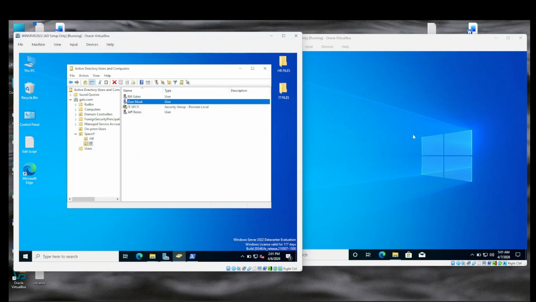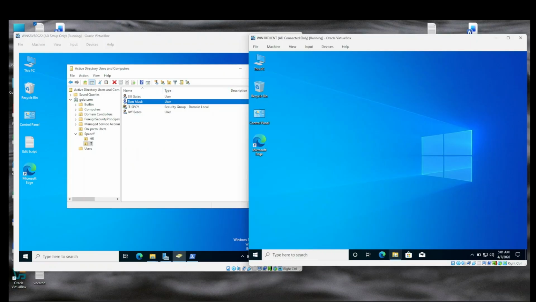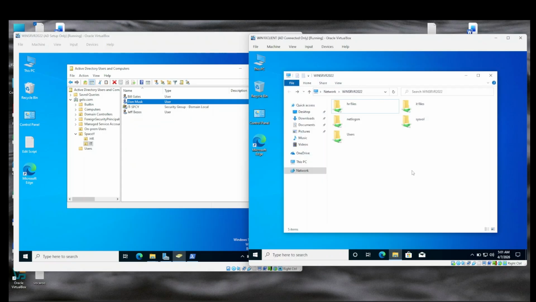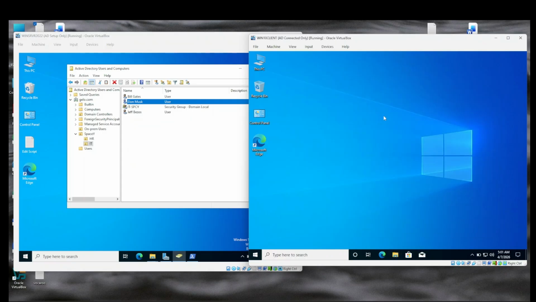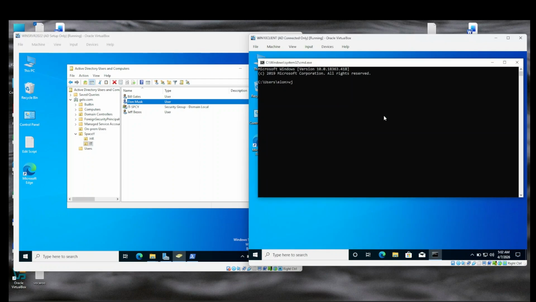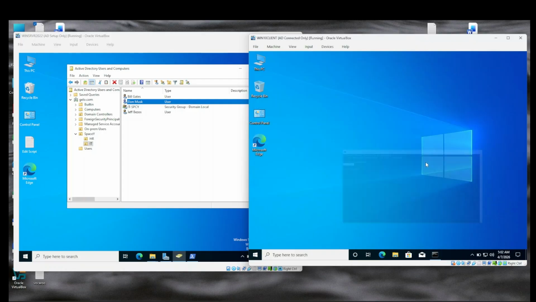Okay. For example, I'm going to connect using this client, I think this is Elon Musk. This client is connected to the domain already, and this is the Elon Musk user account.